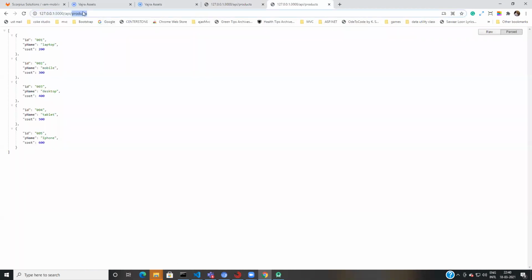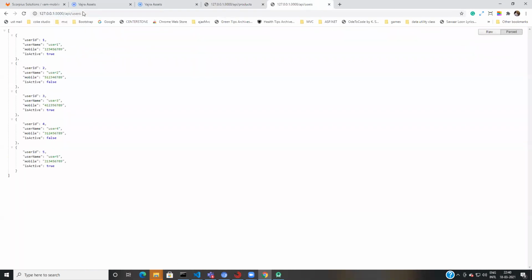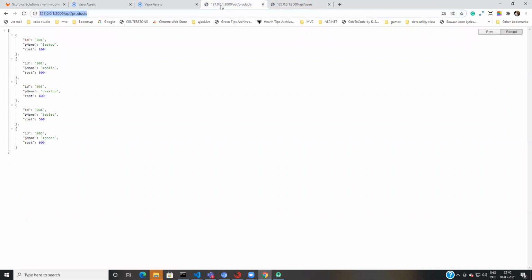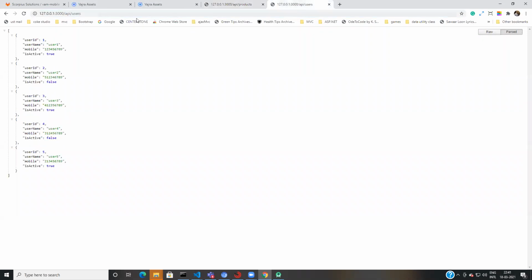Let's say here you are getting users, and in this tab you're getting this API route or this API endpoint. This whole is the API URL, but this API slash product is your API route, or you can say endpoint. Nowadays we call it endpoint. You have one endpoint as API slash product. You have another endpoint as API slash users.